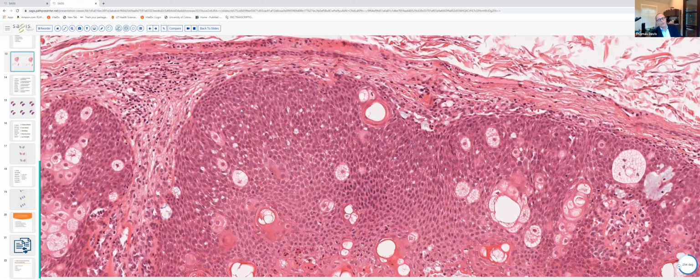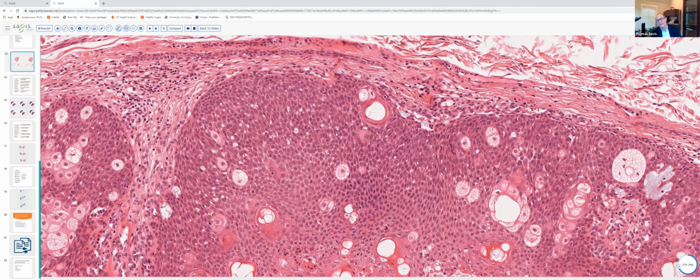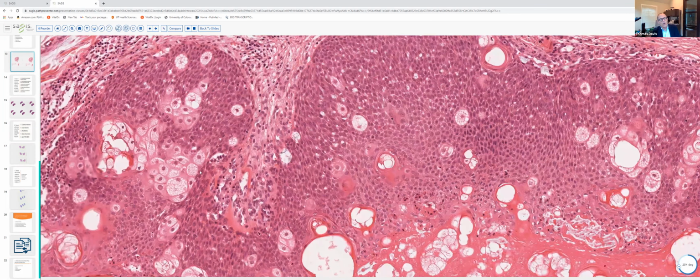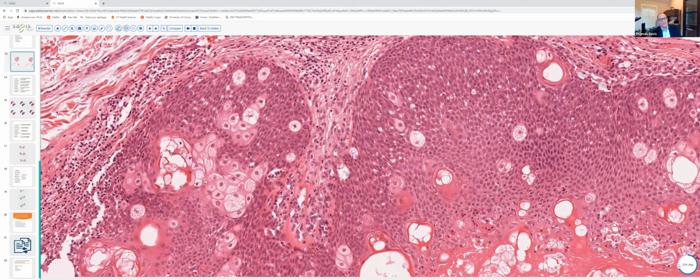They have round oval nuclei and not much in the way of cytoplasm. There's a little nuclear pleomorphism, but most of them have an even chromatin pattern, and there aren't a whole lot of mitotic figures or zones of necrosis that are obvious. But what we do see in the central portion of these aggregates are clusters of cells with a mature sebaceous